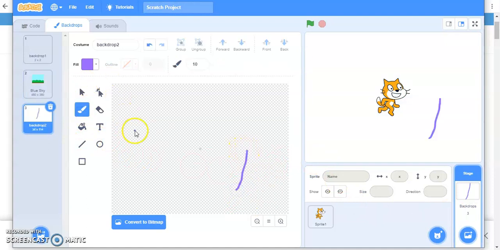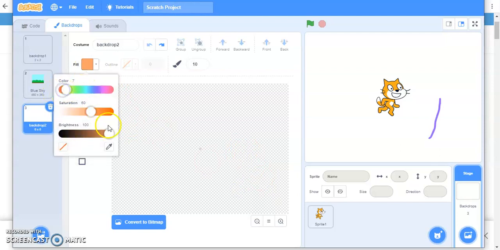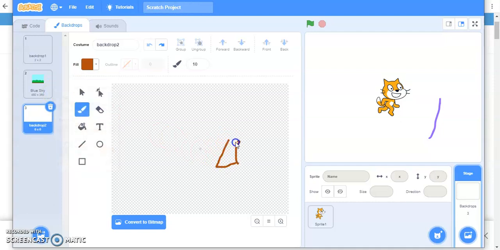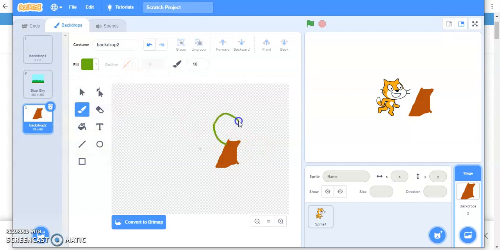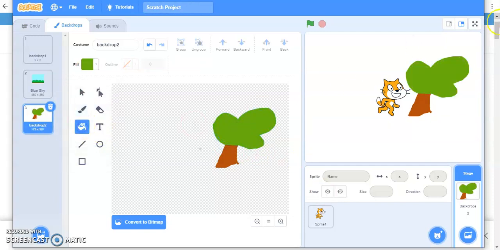Let me change the color over here. Then with the help of this bucket, I will fill the color. Next again take the brush, change the color, and take the bucket, and this is how you can add a backdrop on your own.